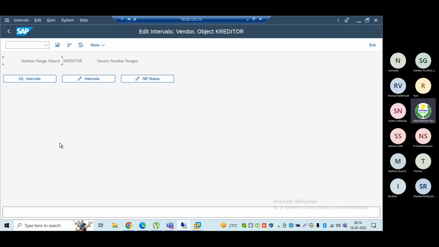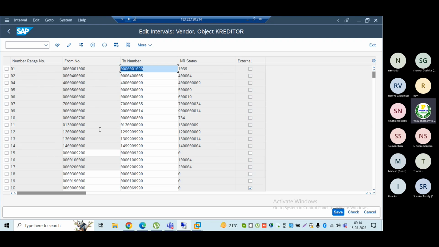Okay, number ranges, I was telling, maybe synchronized. The number ranges might be the same, might not be the same, because in real time the system will be client specific. So only whatever the client requires, only those number ranges will be created. But here many people are using this system, so many people have created number ranges, so maybe it will overlap. But let us try.